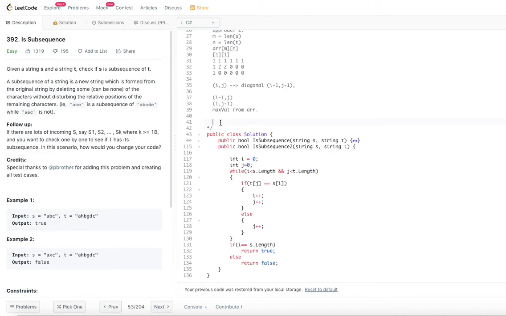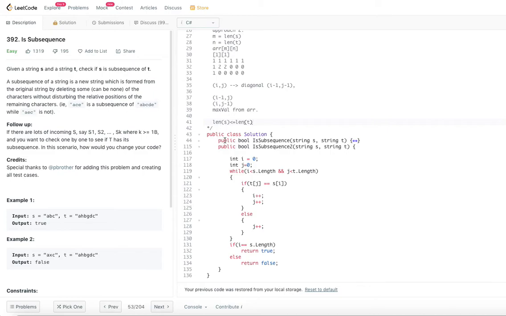But obviously if the length of s is greater than the length of t, you cannot have that as a subsequence.